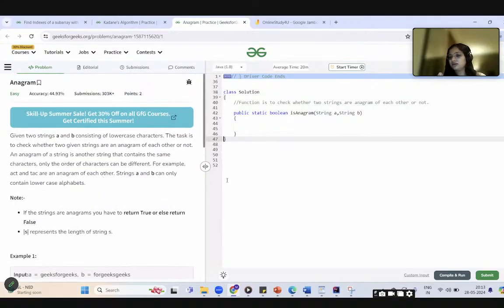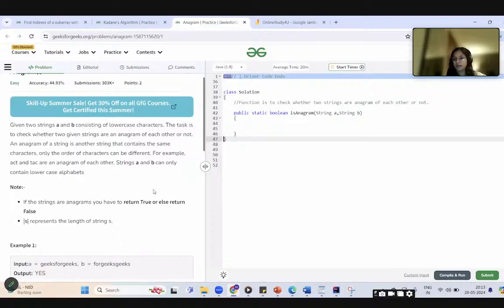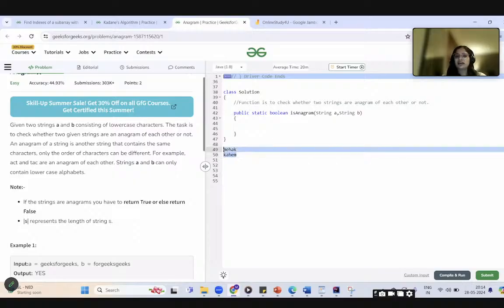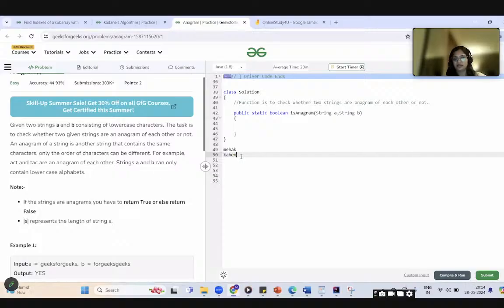Okay, so I'm not able to see if somebody has posted whether they know anagram or not, but let's start. This is a very important question with respect to strings. Basically, an anagram is this: if you have two strings, A and B, for example, let's take my name Mehak. If Mehak is a string and there is another string where I jumble the letters, like Mehem, both of these have the same characters, right? So these two are anagrams of each other. Two strings are said to be anagrams of each other if they have the same characters.